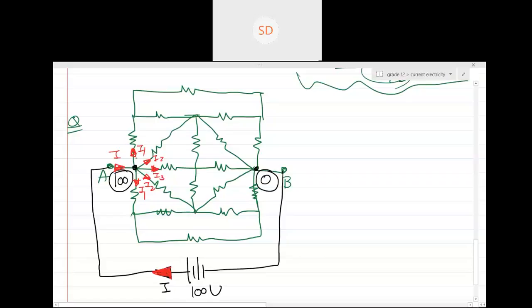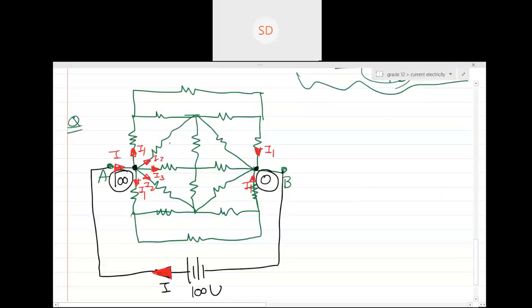So tell me this particular thing: whatever current is going up should come back. I'm using the second concept now. Second concept of symmetry: I1 current going up, so I1 current should come down. I1 current was going up, so I1 current came down. I1 current was going down, so I1 current will come up, right? Can you see symmetry, guys? Second concept of symmetry: whatever current is going up will come down.